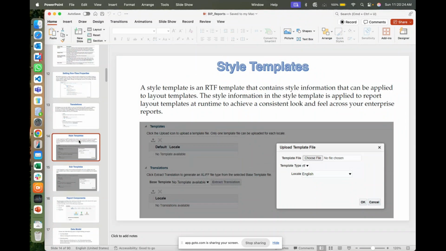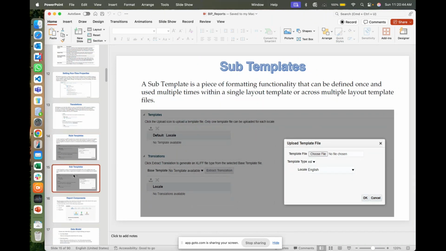So it's very difficult to maintain the styling, and even if you provide the guidelines, there is a possibility that he is not going to follow the styling options guidelines. There is a possibility of manual error. That's what I'm trying to say. So to avoid that, Oracle came up with style templates, and there is one more option available in BI Publisher reports, sub templates. So here, when it comes to sub templates,